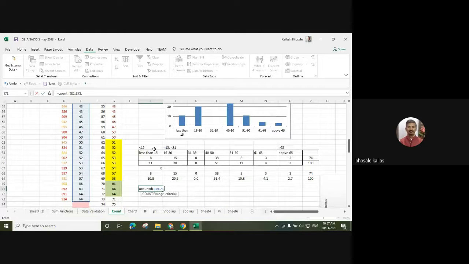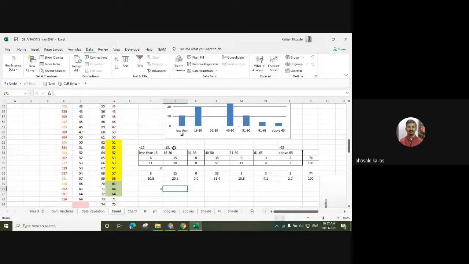Either you can write the criterion like less than 15, or in inverted commas, then less than 15, bracket close. How many cells have a number less than 15? There are 8 numbers in this total database having values less than 15.